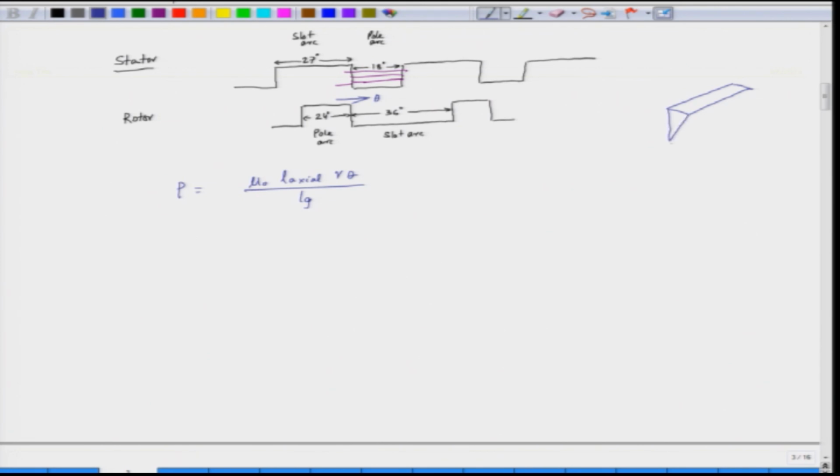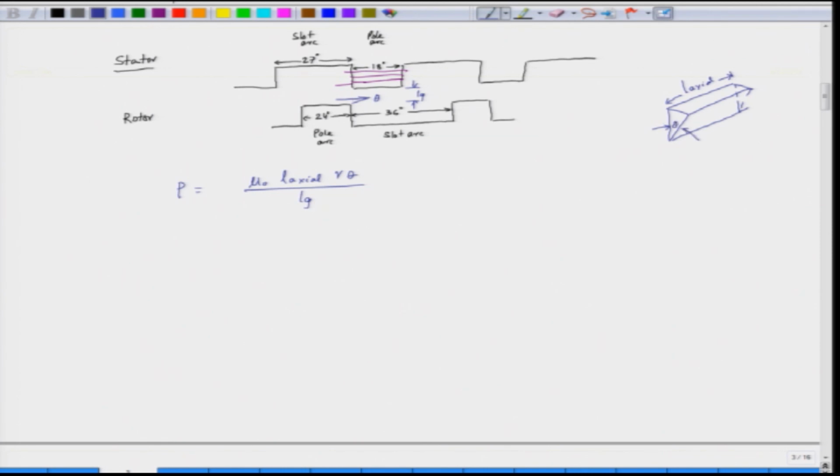So, the rotor is moving, and when the rotor is moving, we have to find out what is the area which is overlapping. So, there is overlap. The rotor comes under the stator. When the rotor comes under the stator, this is the air gap length, and this length is L g. What is L axial? The L axial is the axial length, which is this length. This is the axial length of the motor or the axial length of the rotor here, and the angle is theta.